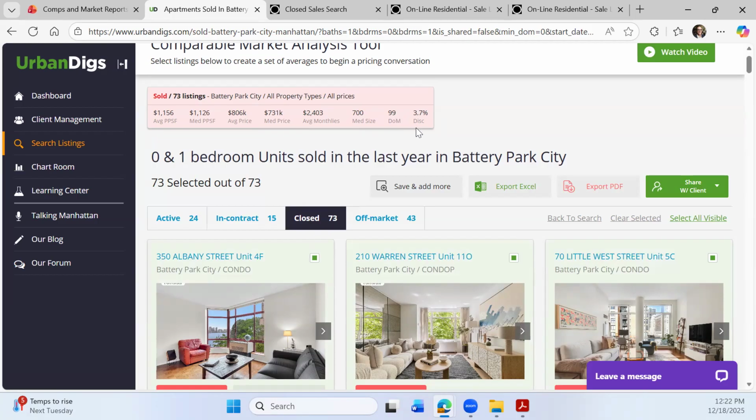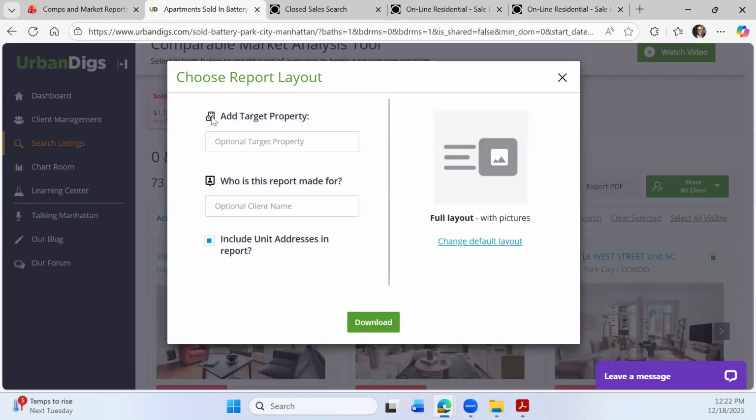Discount means how much off the listing price they had to go between the last listed price and the sold price to get it into contract. And again, from here, we can export it to an Excel. We can export it to a PDF, right? And it makes a nice little